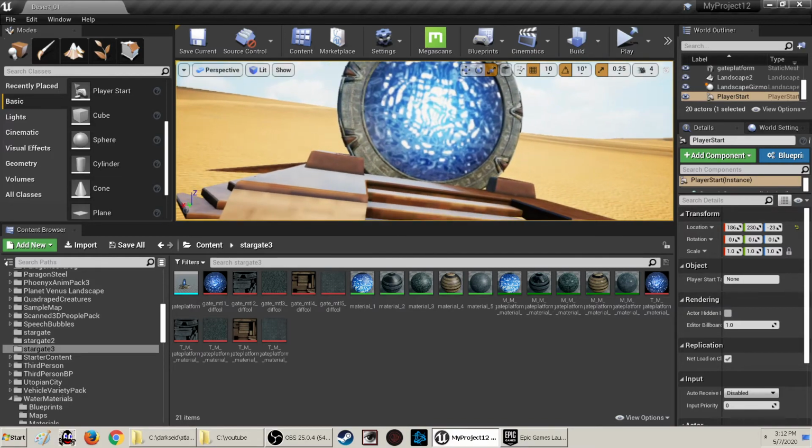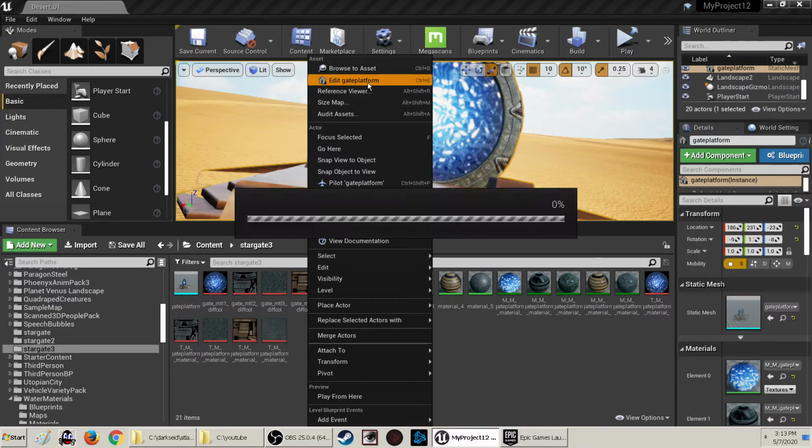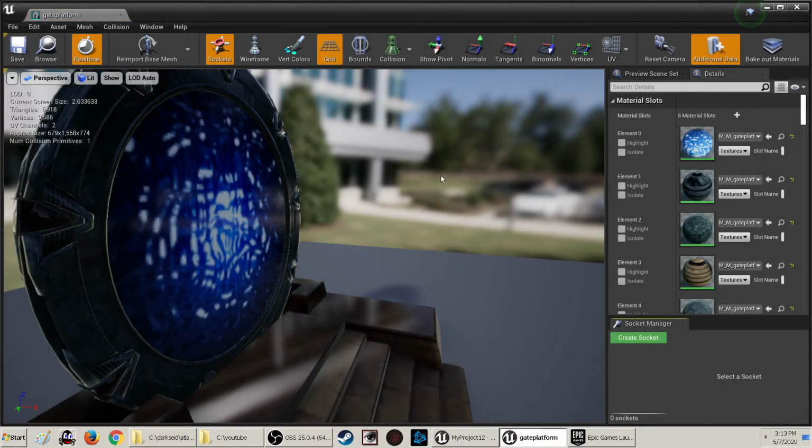I fixed the bounding box situation. I right click on this. What'll happen is when you bring this in, the collision is not set up properly so that you can walk on those stairs or along the edges here. It creates a square around this that starts here and goes straight up over it and would be as high as this thing, as the gate. Now, the reason I just highlighted this, you go to edit it, 8 gate platform, and what you do is you scroll down here,